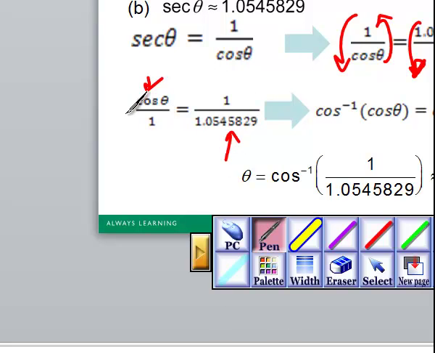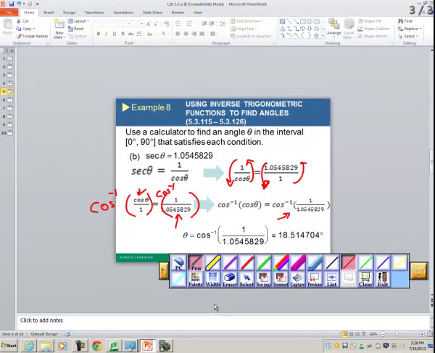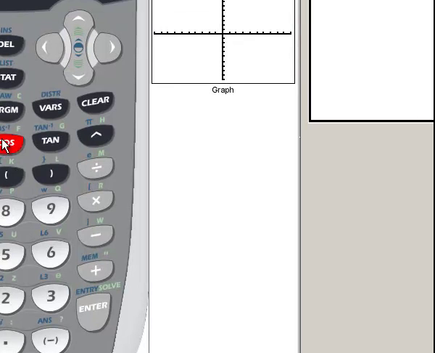Okay, so now at this point, now you can go ahead and apply inverse cosine. And so we could apply inverse cosine here. And that's what we get here. Okay? And so on the calculator, you're just going to hit secant and inverse cosine, and then you're going to put in 1 over. Okay, so let's see what that looks like on the calculator. Okay, so we're going to hit secant inverse cosine, and then 1, oops, I'm going to hit 1 first, 1 over, and then that's